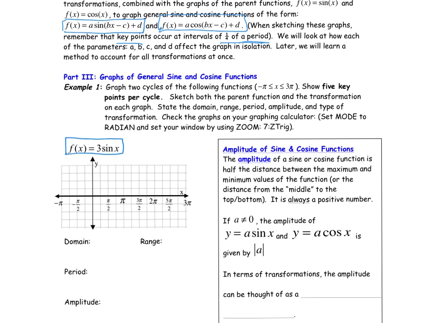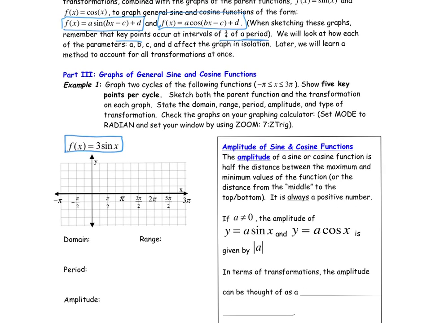So for this function, the parent is sine x, and we know that sine x starts at (0, 0). So this is going to be y equals sine x. And then I'm going to set the scale. I'm going to do each unit on the y-axis is 1 unit, and you need to put scales on your graph. I know then that it starts at (0, 0), and then the next point, a quarter period later, the period's going to be 2 pi on the parent function, is going to be at a maximum,